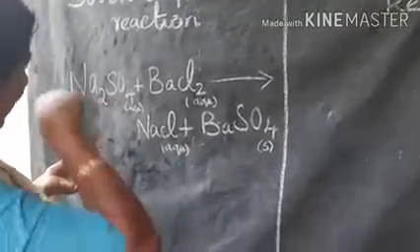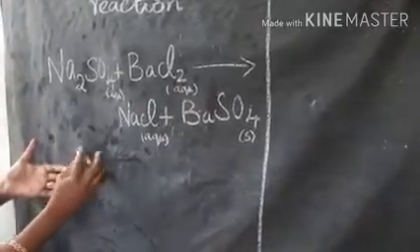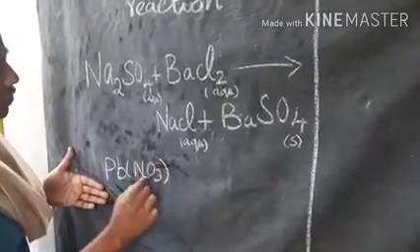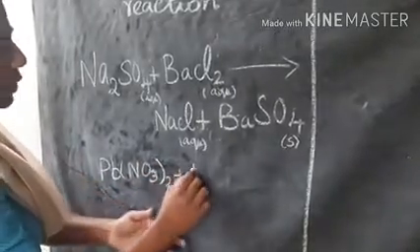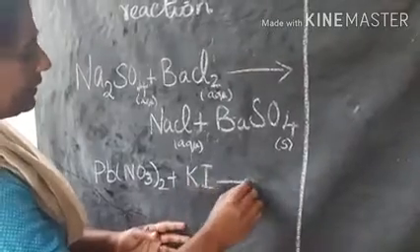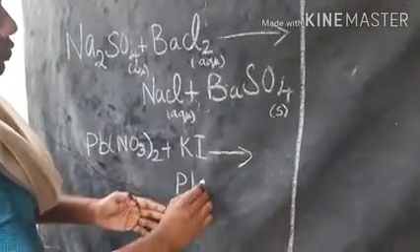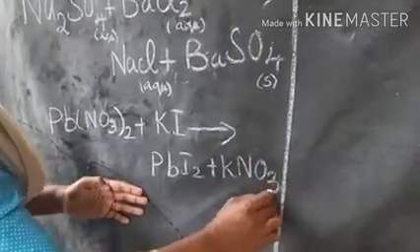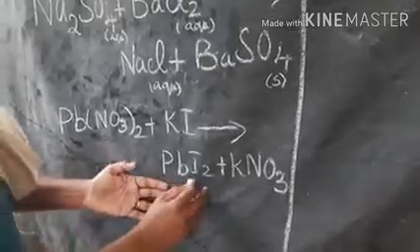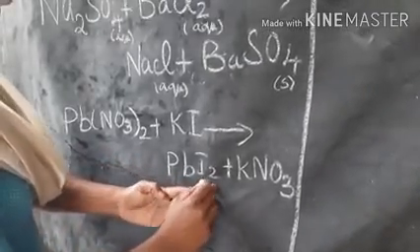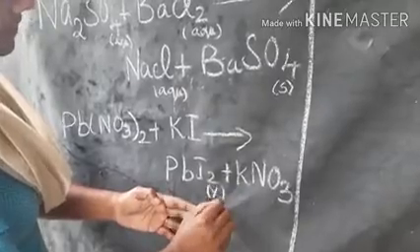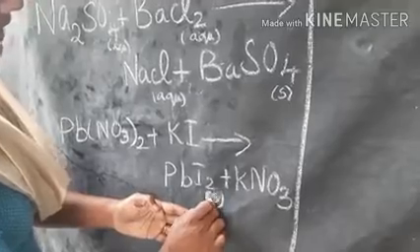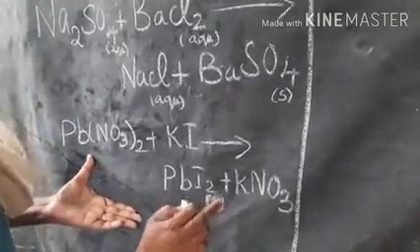Are you remembering the one equation that we learned in the first session? That is lead nitrate, Pb(NO3)2, reacting with potassium iodide gives lead iodide plus potassium nitrate. Hope you are remembering it. So here lead iodide is a precipitate, yellow color. While writing a precipitate, you have to mention its state is solid. Okay, we have to balance it.